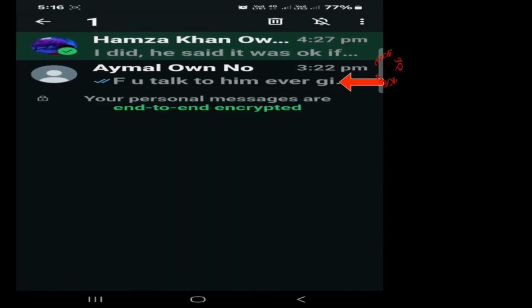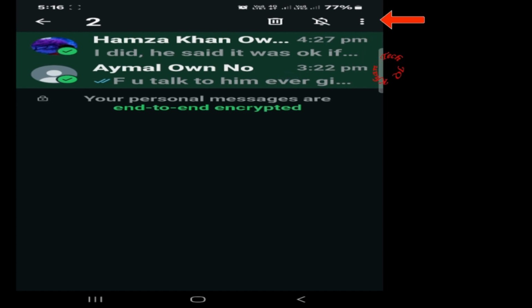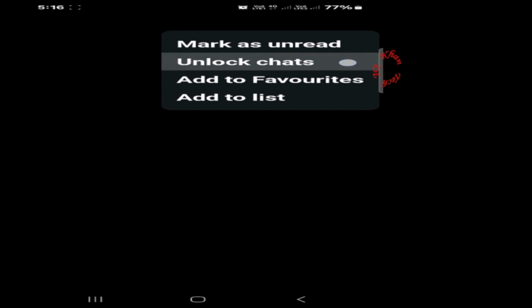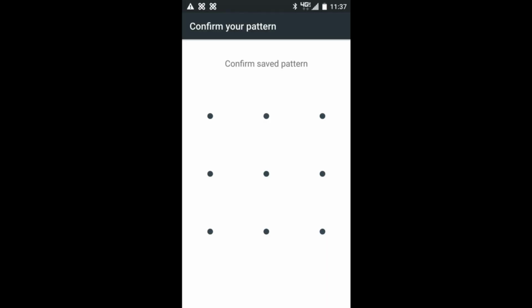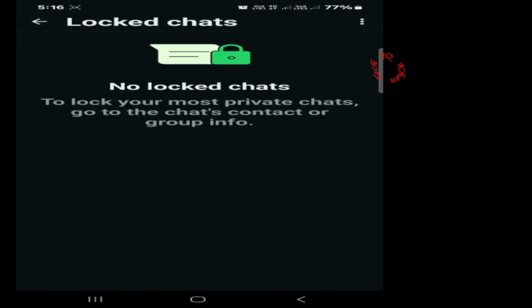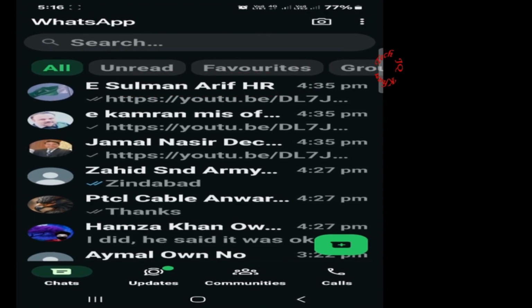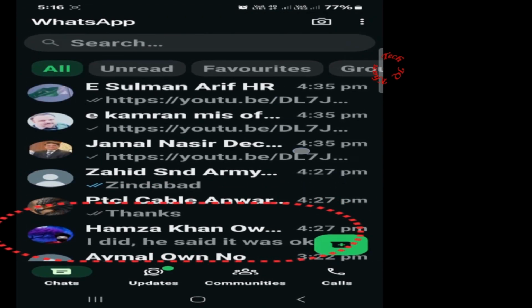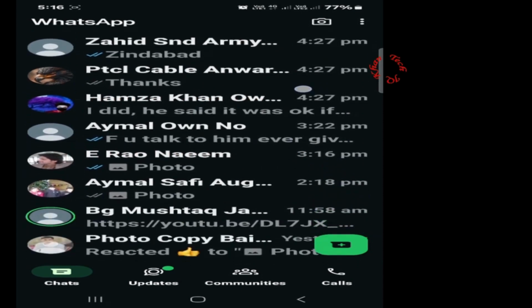Now if you would like to unlock it permanently, long press on one or all, click the three dots, and simply select unlock chats, and after that the lock will be removed. Here provide the password, pattern, or face recognition. Now a message appears, no locked chats, and you can see both chats in the red line are available or visible